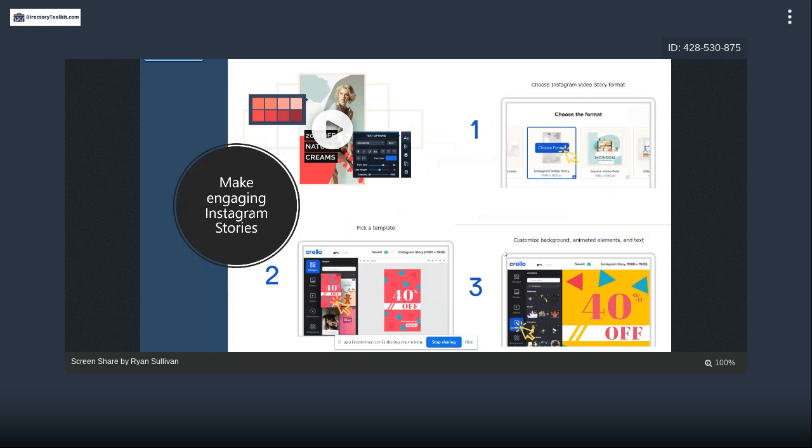It's already set up at the proper dimensions. Right now, it's 1080 by 1920. Obviously, if that template changes, they update those for the current templates. And then you just pick a template. Once you pick the size, you pick the template that you like as a baseline format, and then everything in